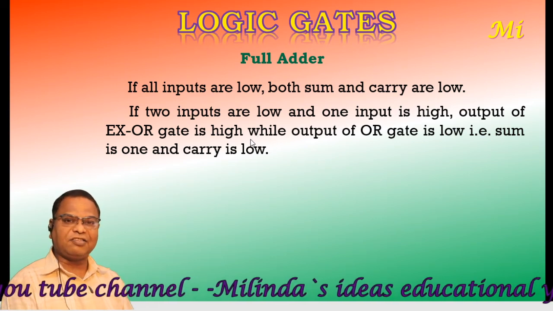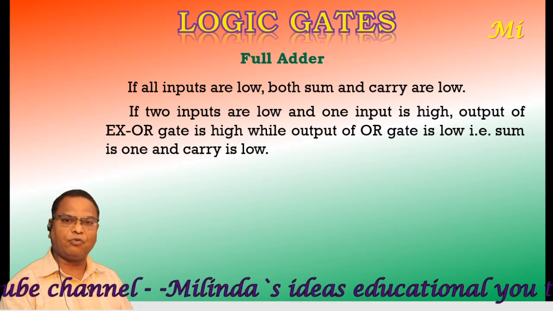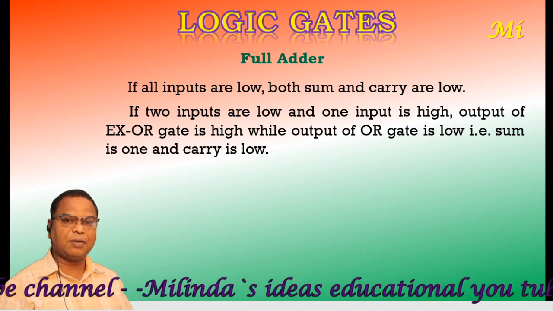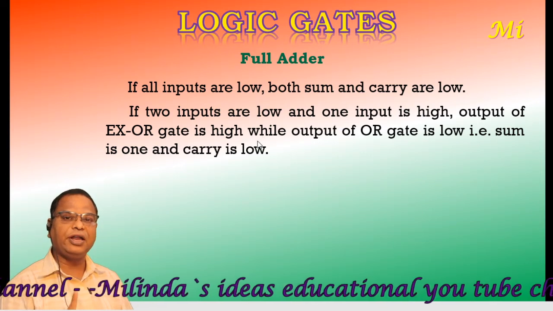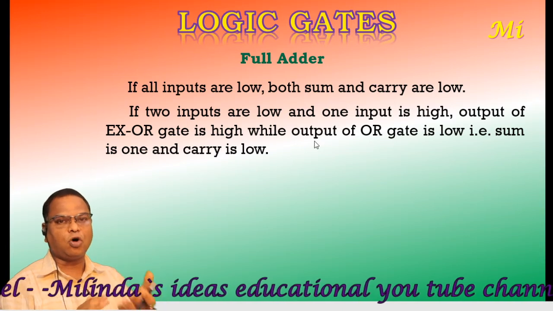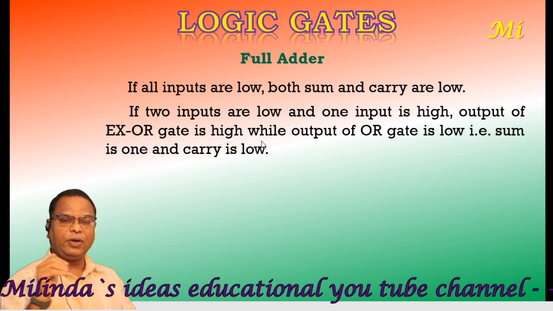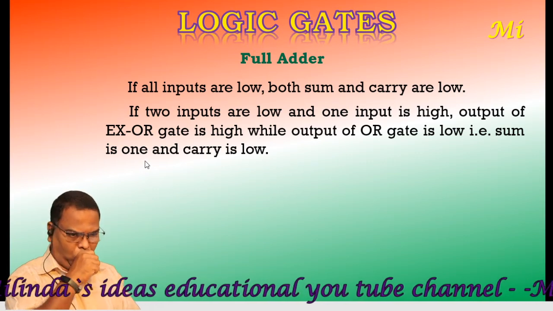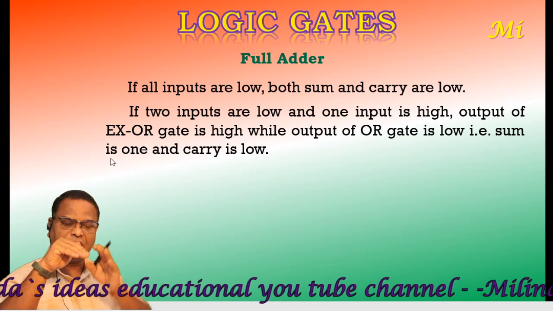तिन्ही जे आपले अँड गेट्स आहेत, त्या तिन्ही अँड गेटचे फक्त कुठल्या तरी दोन इनपुट्स आपले 1 होणार आहे. आणि अँडला काय म्हटलं आपण, when all the inputs are high the output becomes 1. In this case only one input is high, hence the output of AND gate remains low. So output of OR gate is also low. That means carry will be 0. So when any one input is high, sum goes to high level, carry still